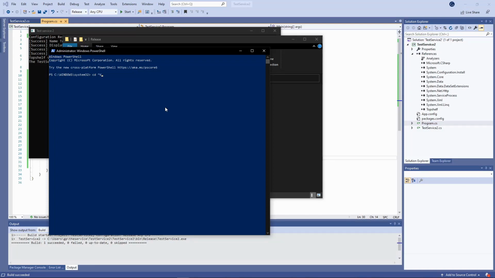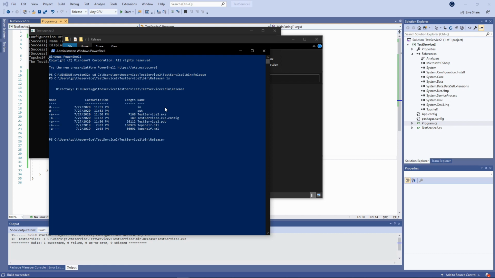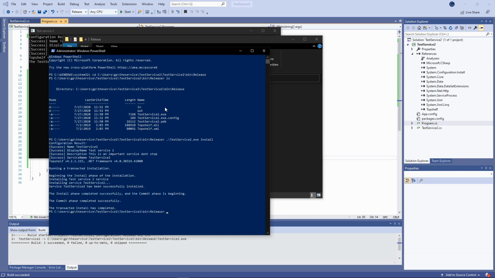So as administrator, just say yes, and then we'll cd into that folder like this. And if we do an ls, we can see that we have test service 2. So we'll just run test service 2 like this, and we'll go ahead and say install,